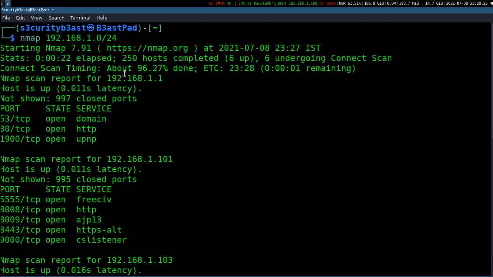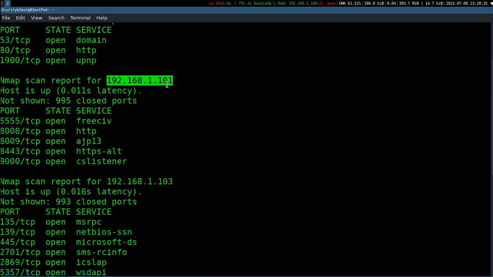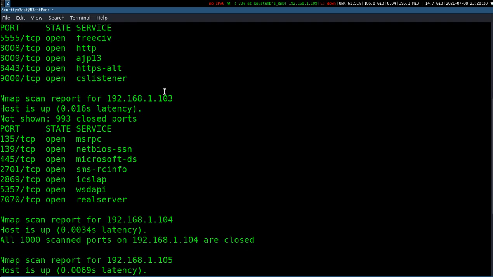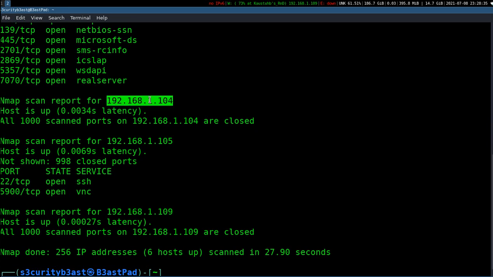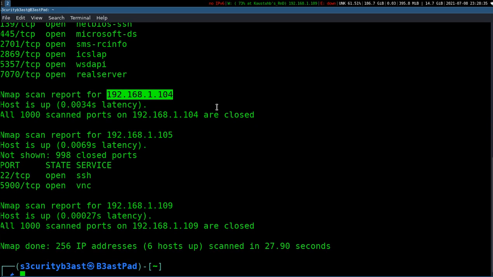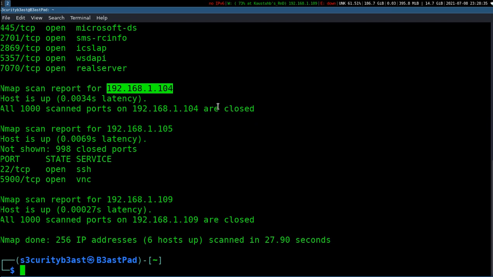This 1.1 is my router, this is another laptop, this is another Windows laptop, this host is up at 104, I don't know, and this is the Raspberry Pi, and it should show something here.